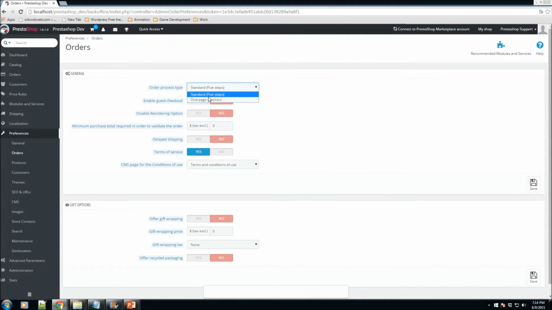So do you want to have one page checkout where everything is shown to the customer in one page? Or would you like it in standard form, where you'd be taken by 5 steps, for example, the summary, the shipping options, the general options, general settings. Yeah, I'll be showing you that in just a moment, but definitely this is a good place